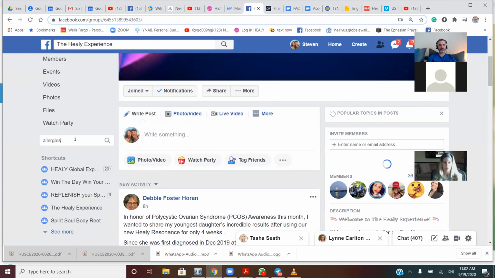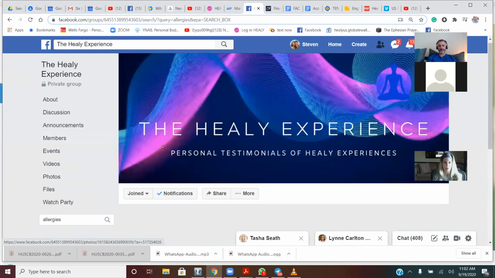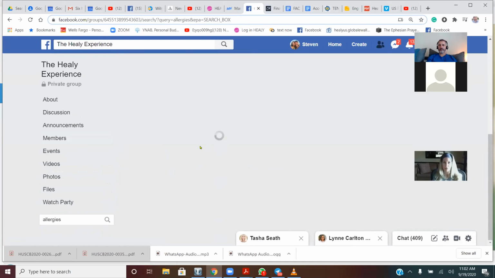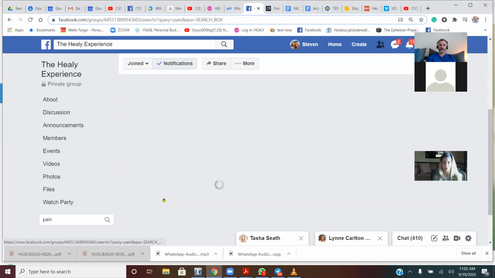If I type in allergies, wondering if it'll work for such and such, it's going to spit out all of the people talking about allergies, though it's taking a while to load for some reason. I'll type in one thing that will bring in crazy results: pain. You have story after story after story on pain. So if you're curious whether anyone's gotten results with XYZ, go on here and type it in and you'll be astounded at the results you'll get.